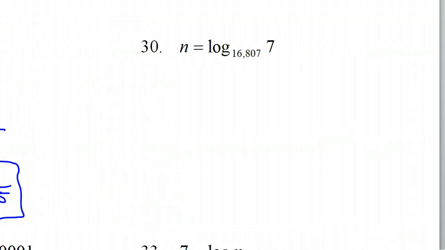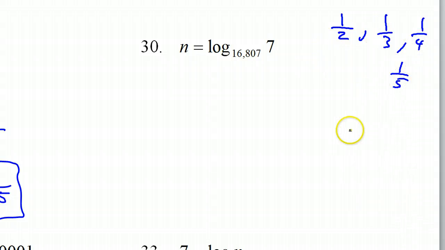Okay, number 30. N is already by itself, but we'll follow the direction. So we're asking ourselves how 16,807 becomes 7. Clearly this is going to be a root type of a situation, so that means some sort of a fractional power like square root, 3rd root, 4th root, 5th root. It's going to be one of these. But first let's rewrite it. So start with the base. The base is